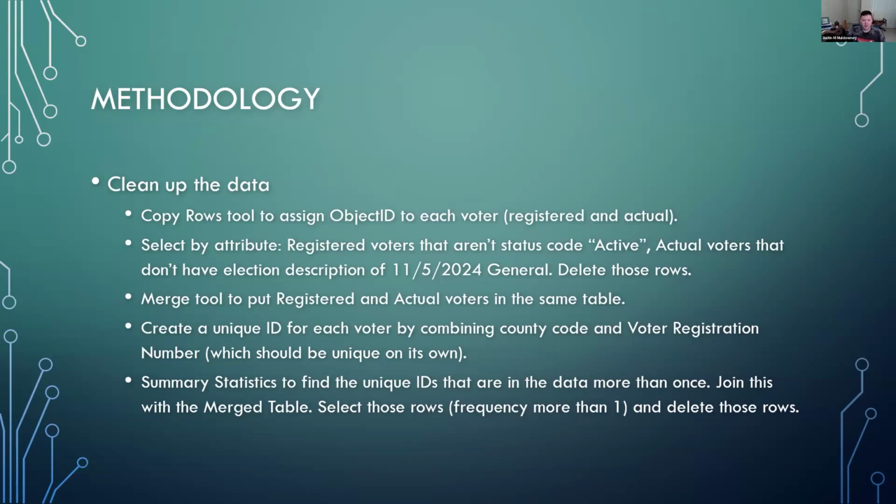I then smushed those registered voters and the actual voters together, which basically took 5 million voters and put them together with 6 million registered voters into the same table. And then I